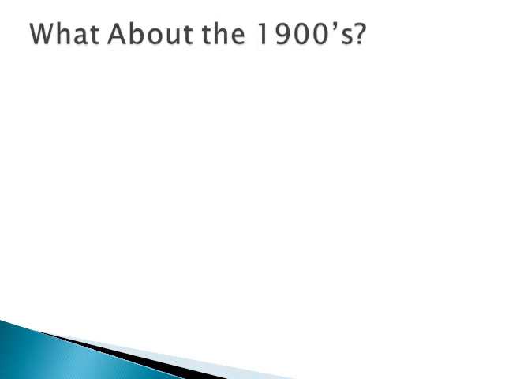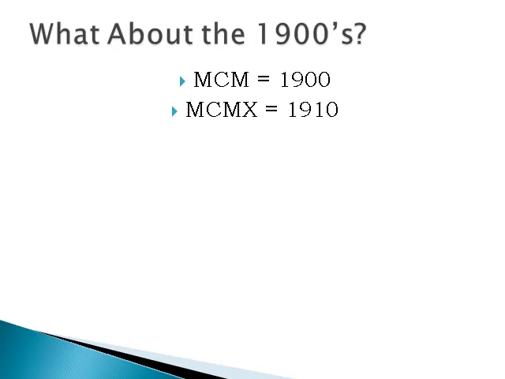Now what about the 1900s? We've done some years from 2000 up. Well, 1900 is MCM, so the year 1900 is MCM, and here we have 1,000 and then 100 being subtracted from 1,000 for 1900. So MCMX is 1910, MCMXX is 1920,